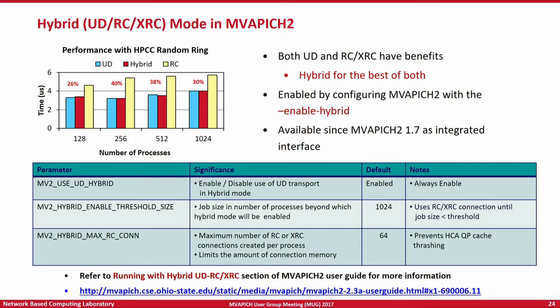So that's where we try to come up with the hybrid communication channel in MVAPICH2, where we use a hybrid of UD and RC communication protocols for different communications. And these are the environment variables that control the use of this hybrid communication protocol. And these are the environment variables that you can use at configure time and runtime to enable this particular feature. And as you can see, the hybrid transfer protocol gives you significant performance benefits at the application level over RC.